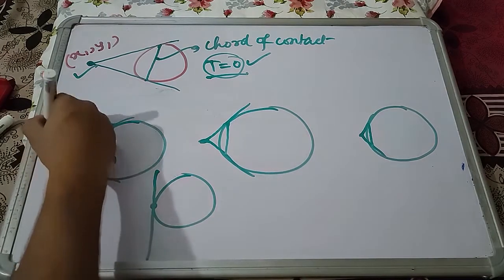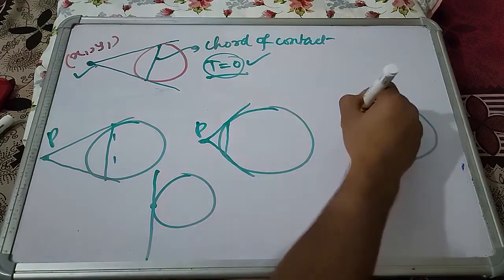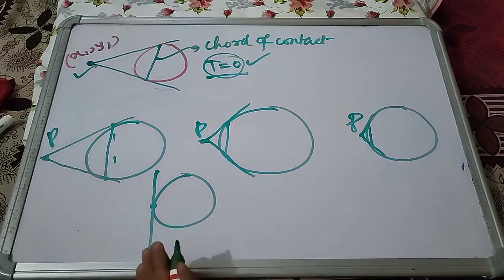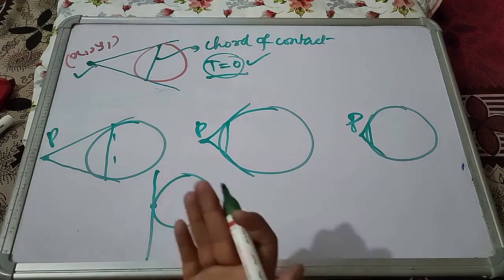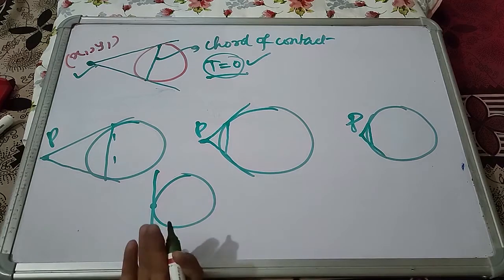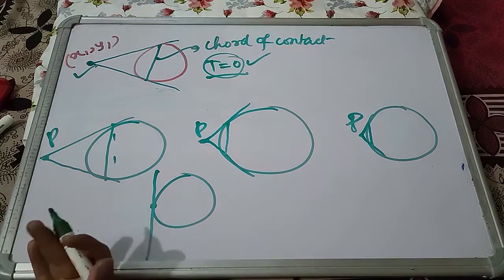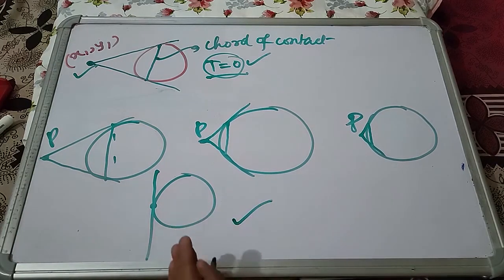So we can say that if this point is P, as P approaches the circle, the chord of contact becomes tangent. So this is a very important visualization, and if you are a mathematics enthusiast on your class 11th and 12th journey and you are enjoying it, then you will really understand and enjoy this visualization. Okay, now let us move further.